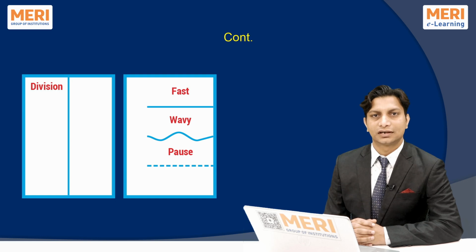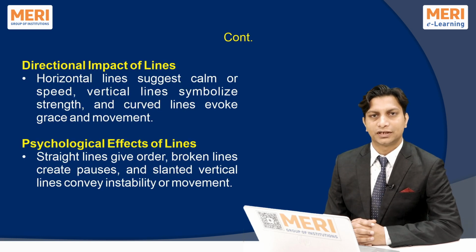Broken lines, however, give the impression of a pause or slow movement. Horizontal lines lead the eye from left to right, while vertical lines draw the eye downward. A vertical line may give a sense of firmness, but if slanted, it loses strength and creates the feeling of a fall. Curved lines, on the other hand, suggest grace and movement, like the flow of water or the growth of a plant. Lines can be used forcefully, casually, or mechanically to create moods or express character and personality.